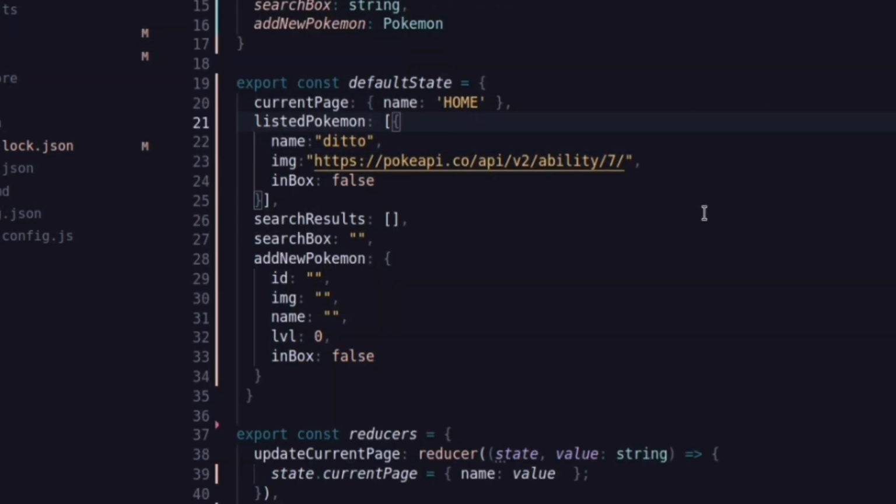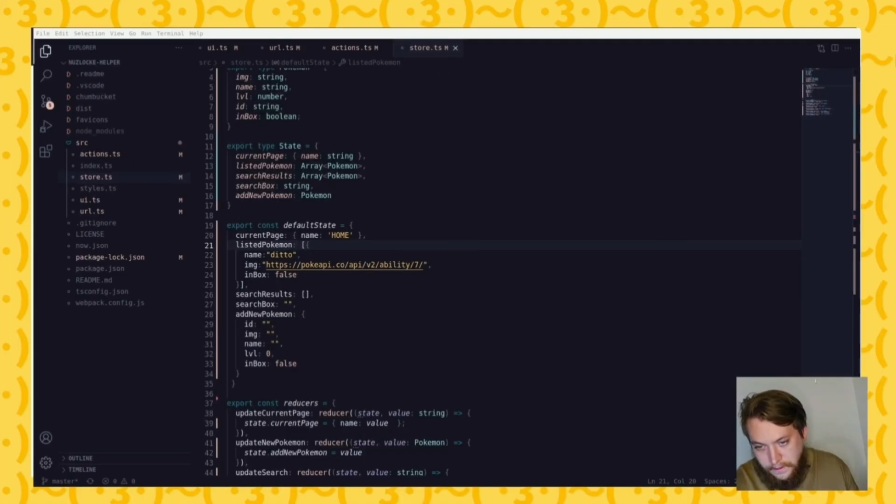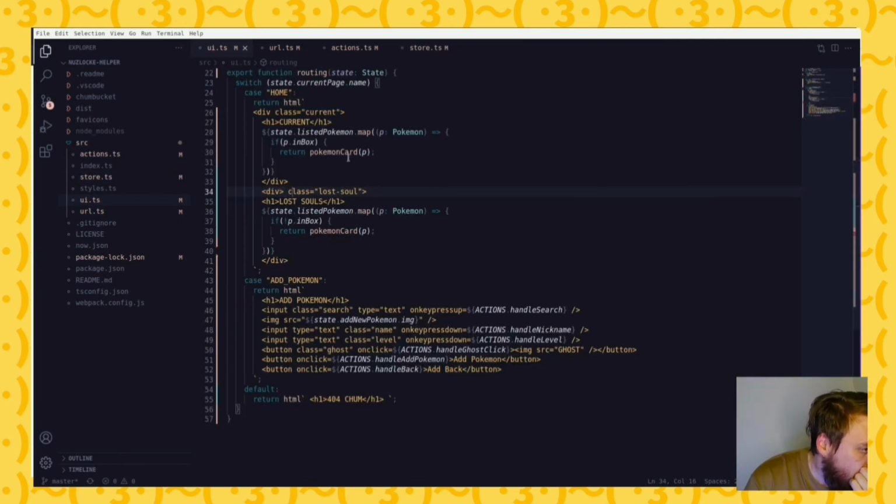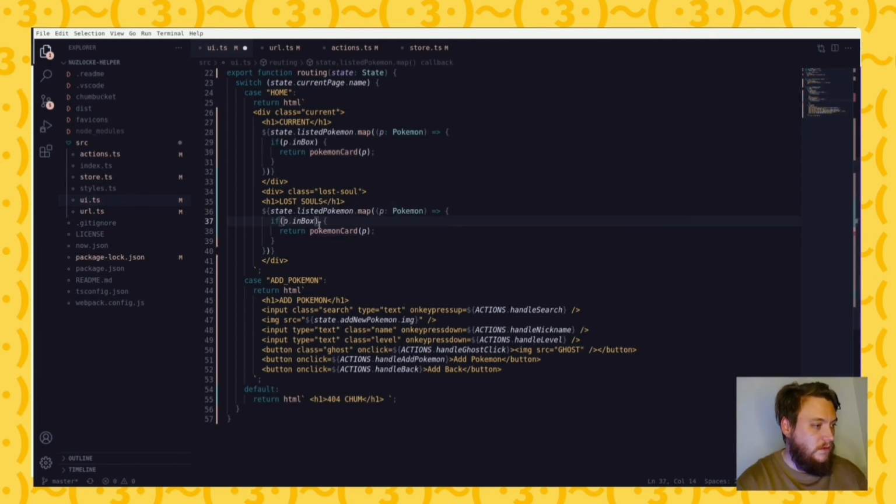So my list of Pokemon includes a Ditto now. I've not included the correct URL. So I'm going to search for sprites as 10, and we're going to go front default here. There's also official artwork, so I might just grab that official artwork. Beautiful. So we got some official artwork. So now, if inbox is true, it should be reversed. Inbox, it's not inbox,